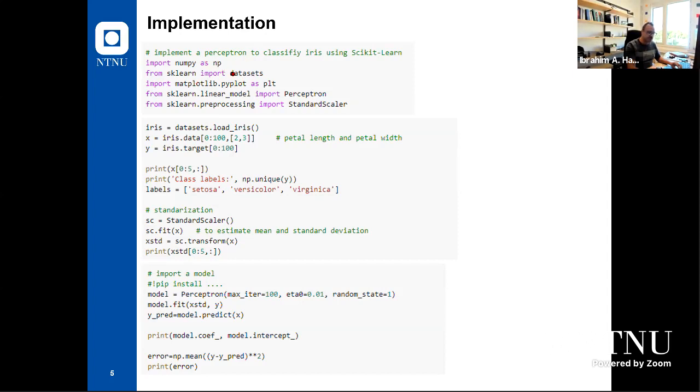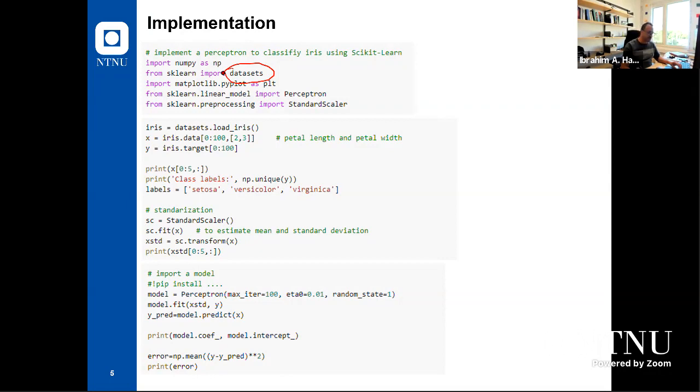We need to upload those libraries. So NumPy, sklearn, datasets, because I'm loading Iris here from this dataset. So we have all those datasets, in fact, in those libraries, so we don't need to upload files. I mean, last time we have been uploading lots of files, and it takes time and effort, right, from Excel file or whatever. But we need to learn how to do it, because usually when you will be working